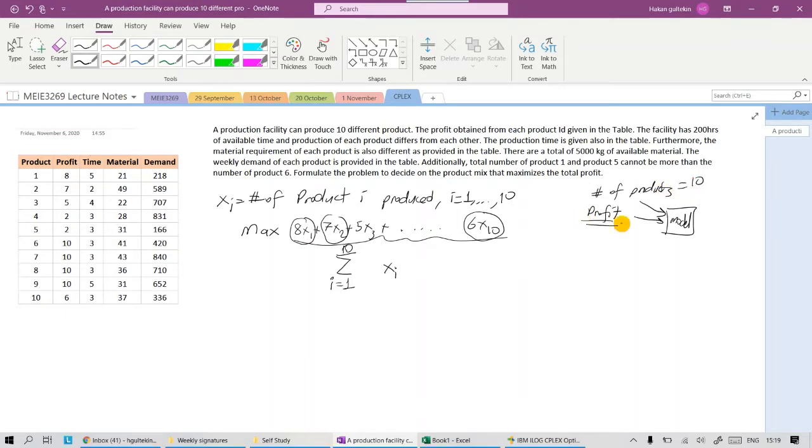But what is the profit? It is different for each product. So it is not just a single number, but it is a vector of numbers. Then I need to define these numbers using a parameter. So let me write here: parameters of the problem. And for profit, I'm going to use this Pi. Profit, or let me write unit profit